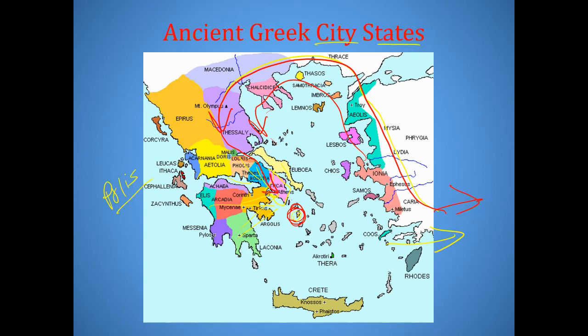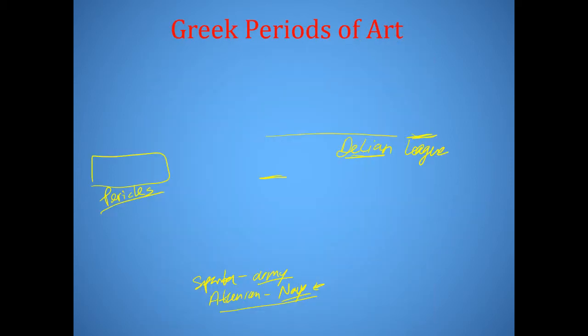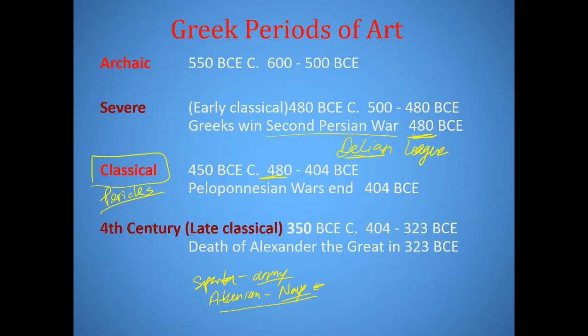And then, of course, later on, several other battles, the Battle of Plataea being one of the last battles in which the Athenians and the Spartans defeated the Persians on land. The point is that this brought great wealth and great opportunity to those people who were in charge of the Delian League.